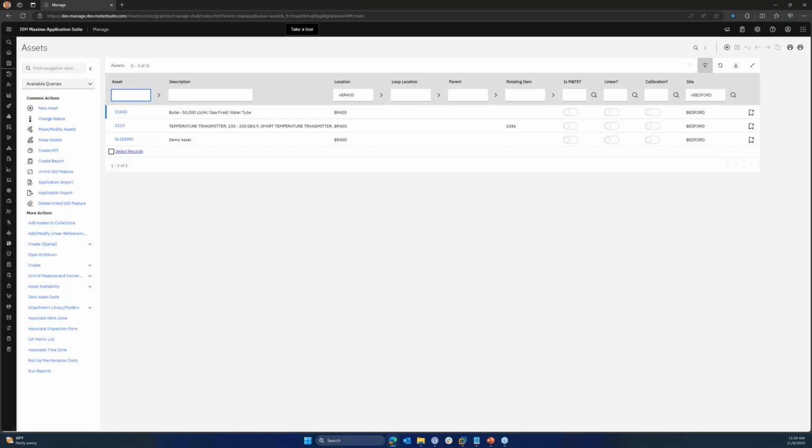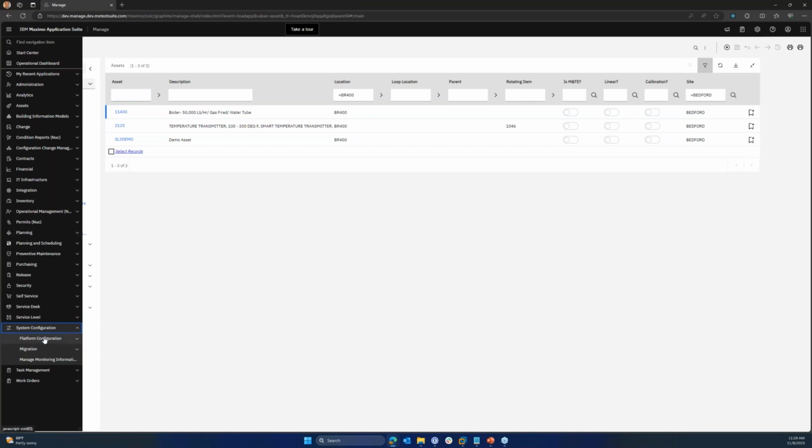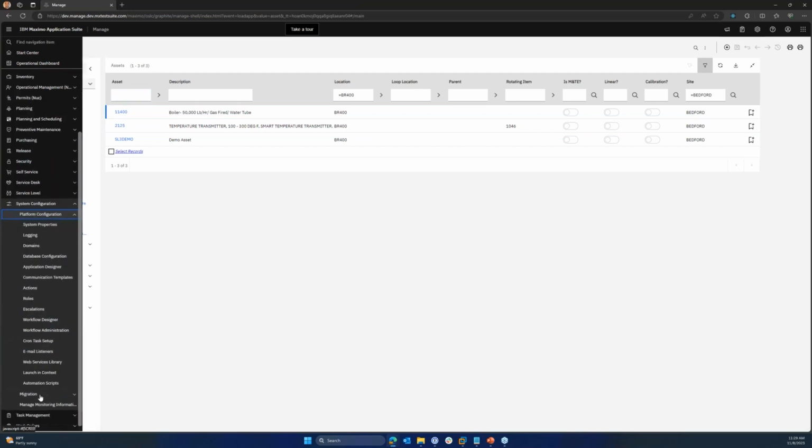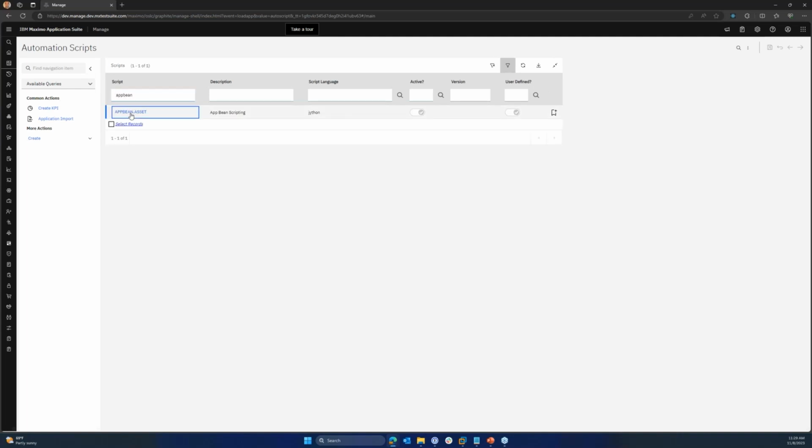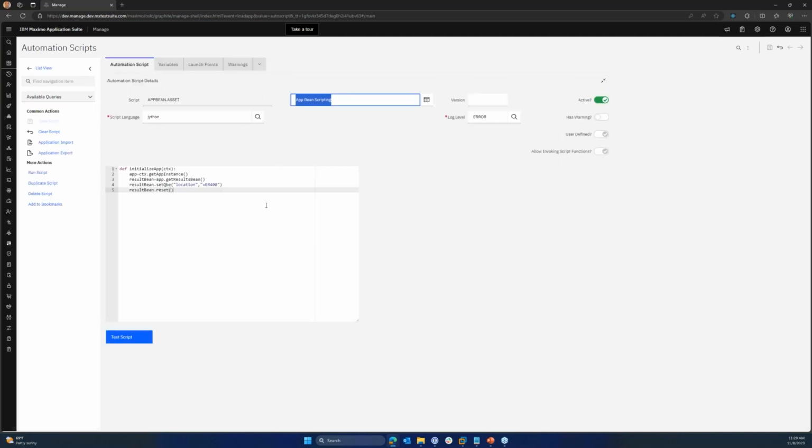You can add your own filters that get applied automatically. It's a good use case of the initialize app being example. So I'm going to go in here and show my app being.asset. And again, it's just a really simple automation script, but there are definitely use cases like this where you'd want